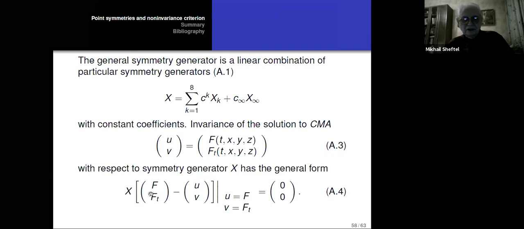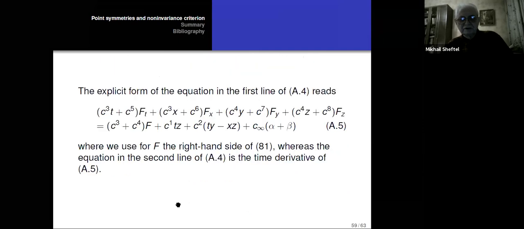You can check that the simpler equation you get from the first row of this equation, and the second row is just the time derivative of the equation in the first row. And this first row looks like this. What you do, it's quite a complicated calculation. You take our solution, f, use it here, and try to satisfy it by the choice of coefficients in the symmetry generator, C3, C5, C6,